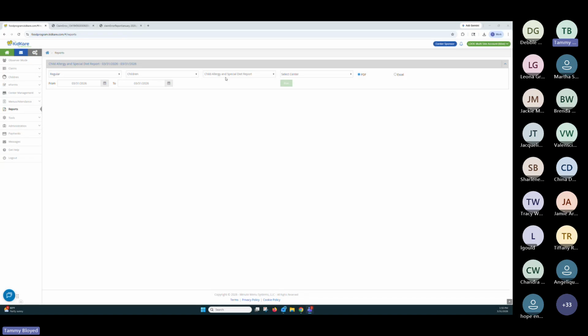You can go into them, or you can pick the children who are listed under substitute or not regular milk that have the special diet for milk and target those to verify whether it's parent provided or substitute and if they're in there correctly. And if there are expiration dates that should not be there, that's going to trip up a lot of it. So use that report. It's under children and then child allergy and special diet. And that'll give you the list of kids you can target on.